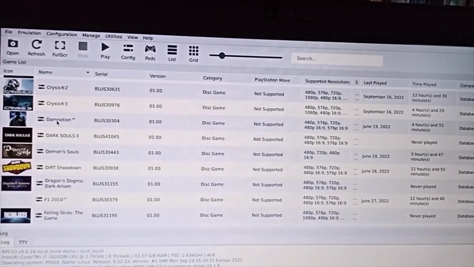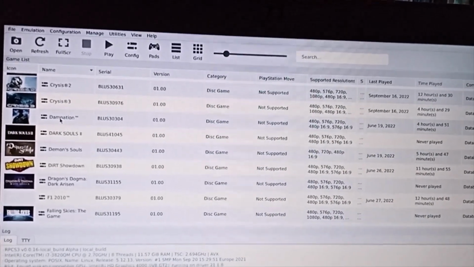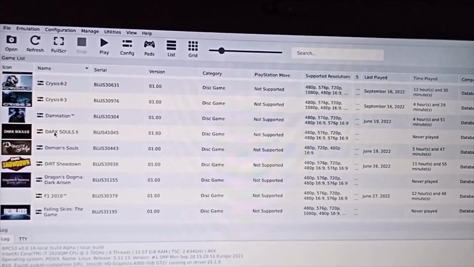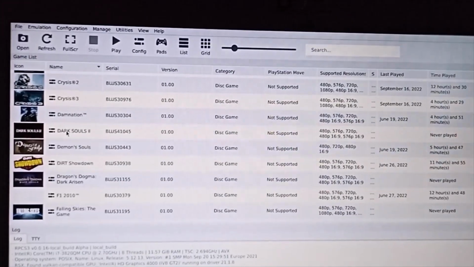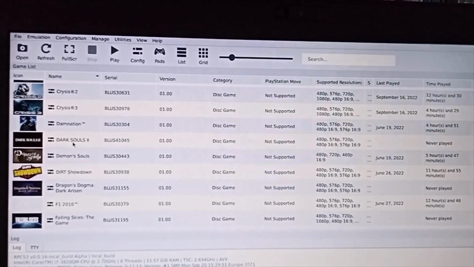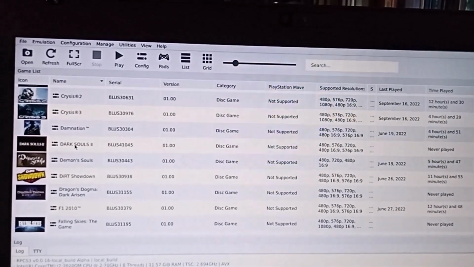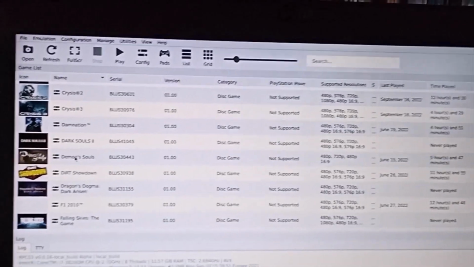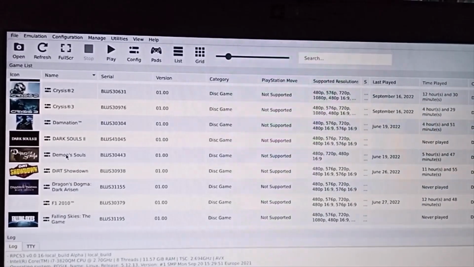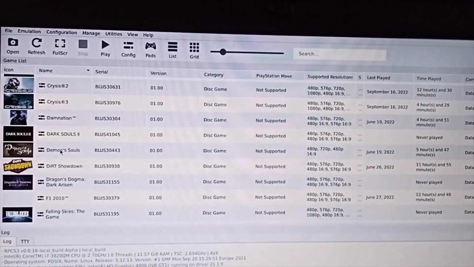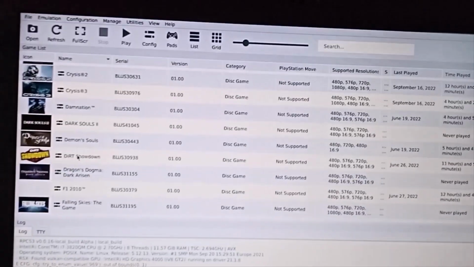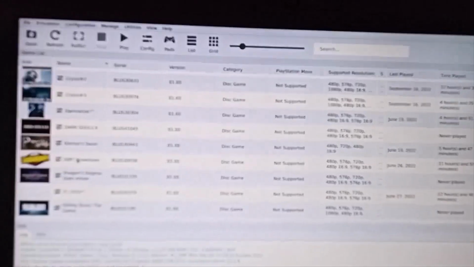Damnation works on 8 GB with occasional glitches, 16 GB, you're fine. Dark Souls 2, what is that? Yep, that one there I had going on 8 GB. But yeah, 16 GB runs even a lot better. Demon's Souls, there was just one little glitch on 8 GB, and it was to do with a sound glitch, but on 16 GB it seems to be fine. Dirt Showdown 8 GB, you'll get in game, you'll get to play, but it will be